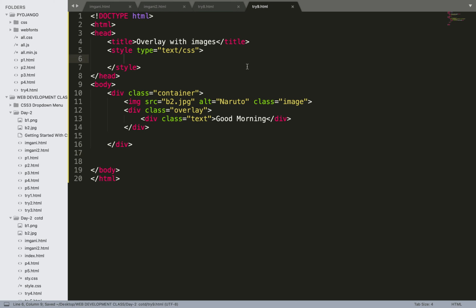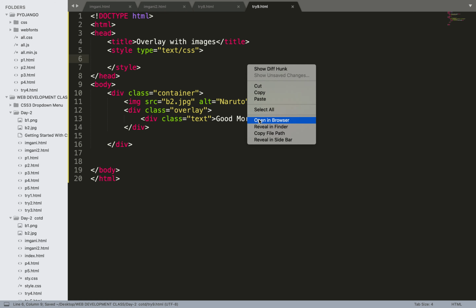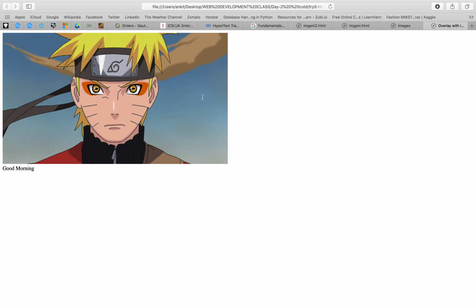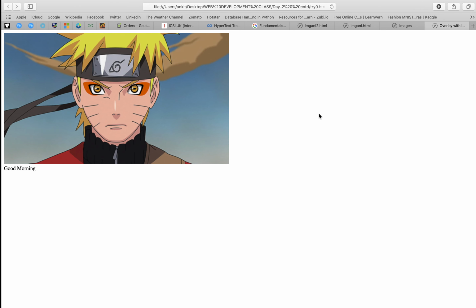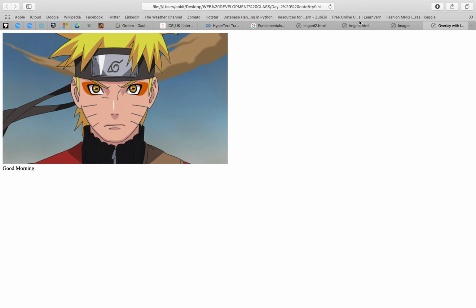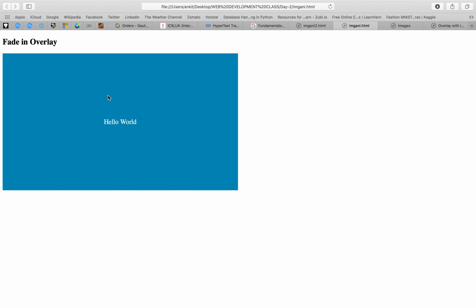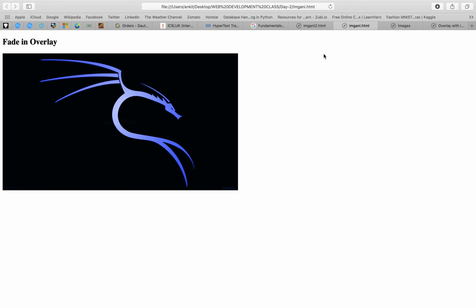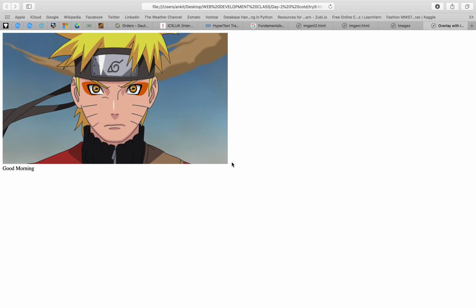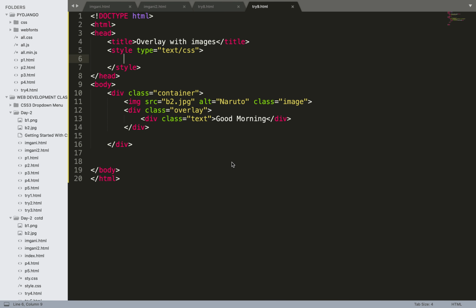Okay, first let's view our thing. Open in browser, and it shows me my image and the text good morning. Fine. But what I want to do is make it something like this one. I haven't assigned it a heading, I think it's unnecessary to add a heading using an h1 h2 tag or so. I'm directly moving up to the animation part.